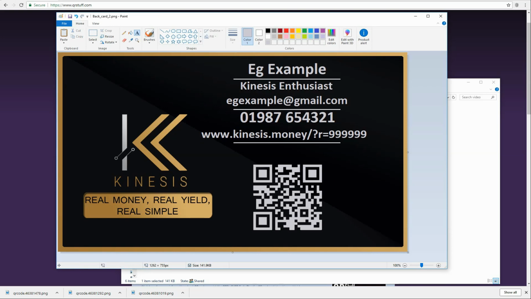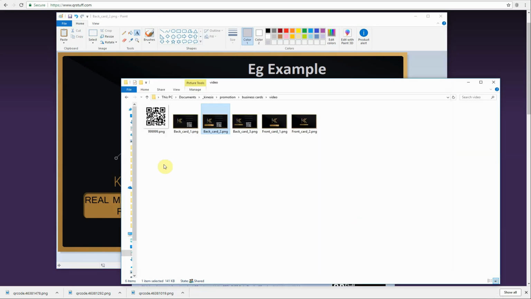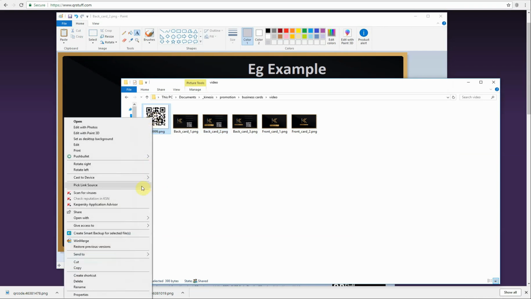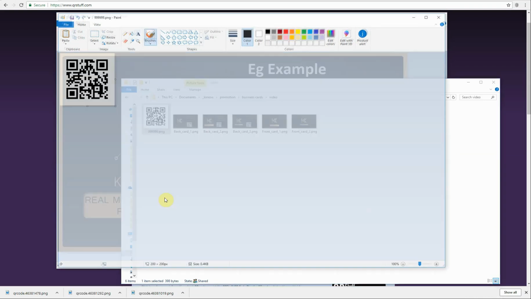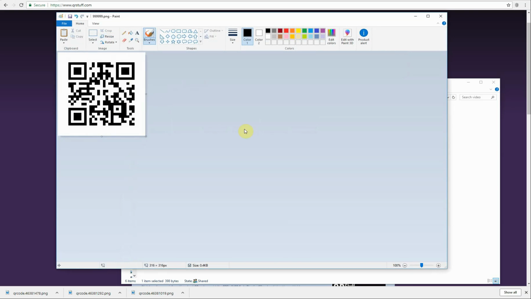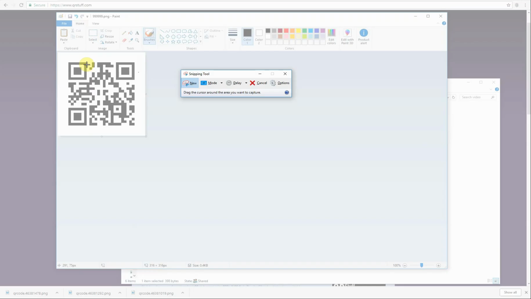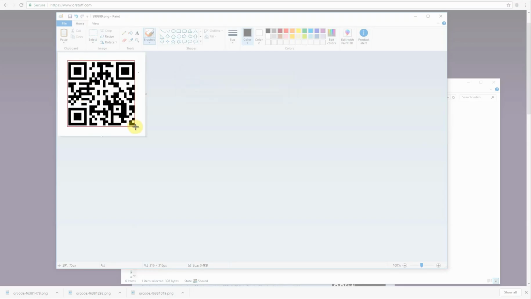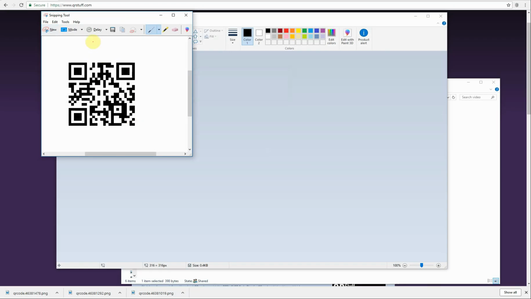Right, so we now just need to grab that QR code and overwrite the one on the template. So I'm going to open the QR code with Paint again. I'm going to resize it to 158%. Okay, and now I need to grab that QR code with a small white border. There we go. We'll copy it,